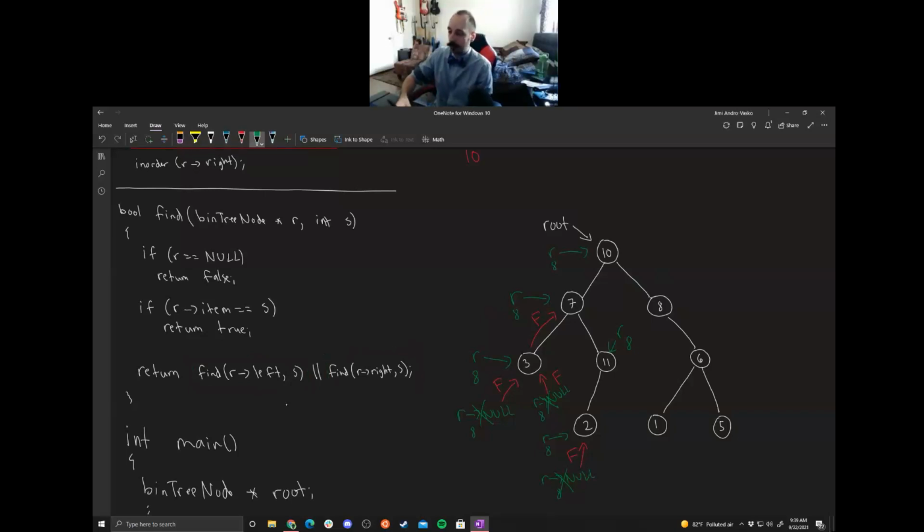So for this node 2, the right side is going to be null once again. And 8 is that S value. So R is equal to null. Return false. So at that level where R points to 2, we called find R left and we called find R right. Both returned false, so false or false equals false, returning false up here,